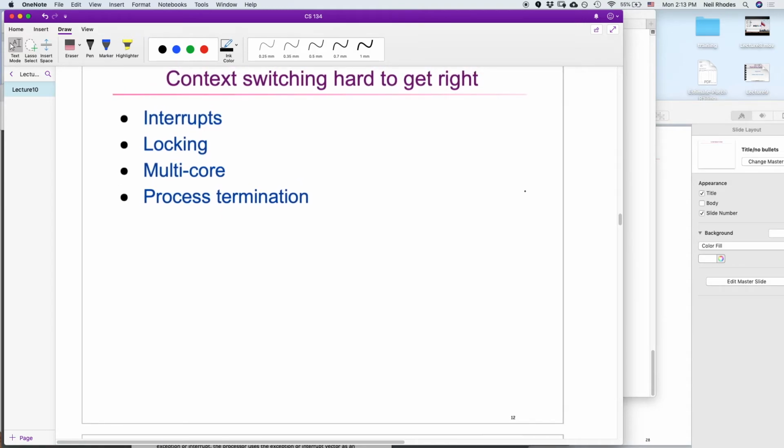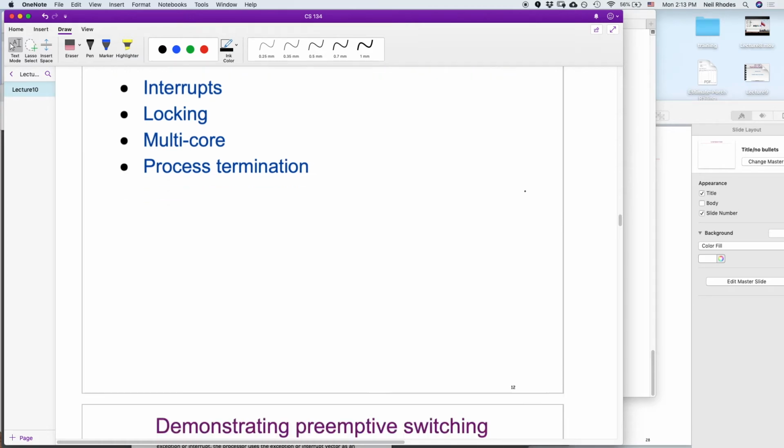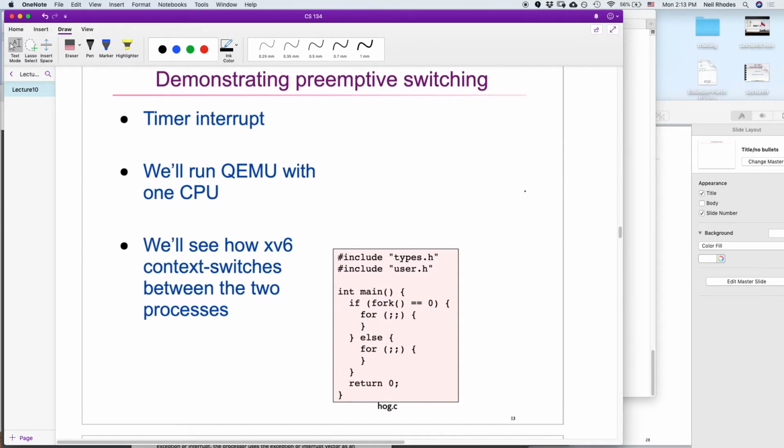Okay, it's hard to do context switching, right? Because there's a lot of moving parts. There's interrupts, there's locking, we got multiple cores going on, and then we also got to deal with terminating processes, and it's going to be a little bit complicated to do that. For preemptive switching, so I'm going to go ahead and run